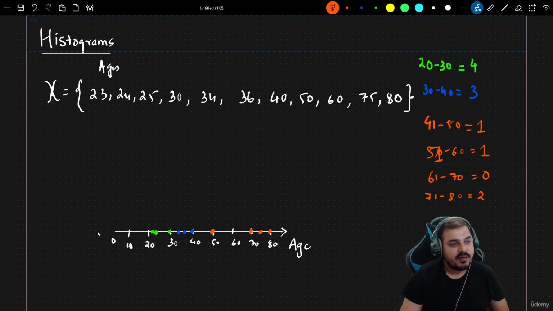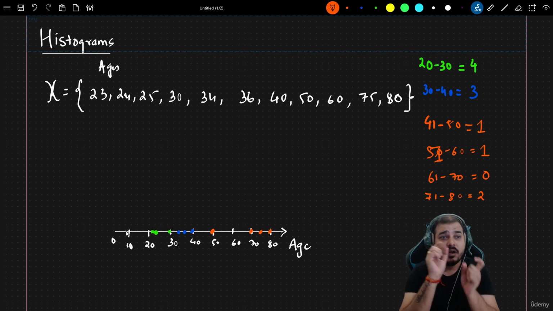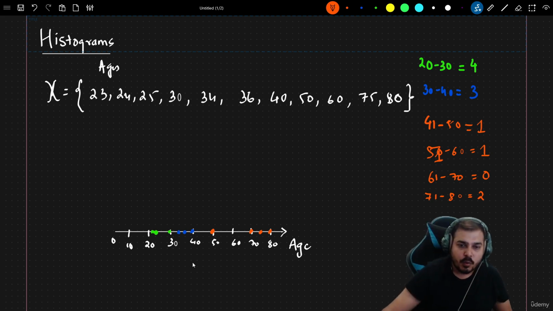Now if I have all these points, please focus over here. How do we create a histogram? From single dimension points, a histogram is nothing but counting the frequency based on bins. Over here, by default, I have given the bin size as 10. So here you can see 0 to 10 is 1 bin. We basically call these bins. So we have 1 bin over here, 10 to 20 is another bin, 20 to 30 is another bin, 30 to 40 is another bin, 40 to 50 is another bin, 50 to 60, 60 to 70.